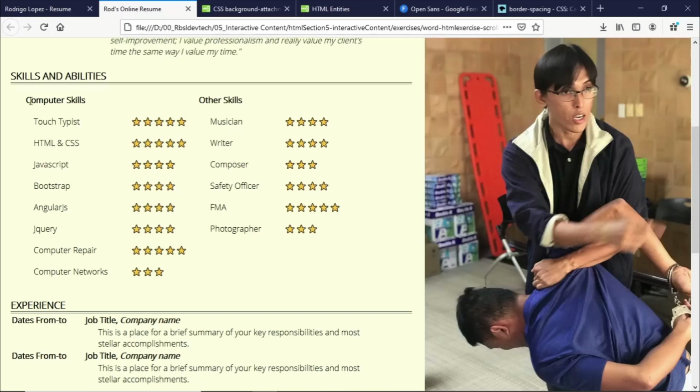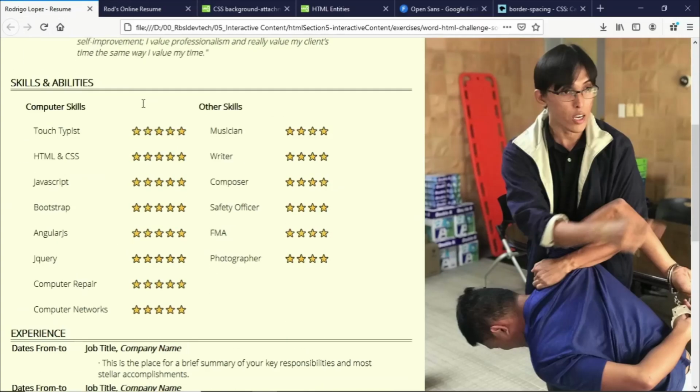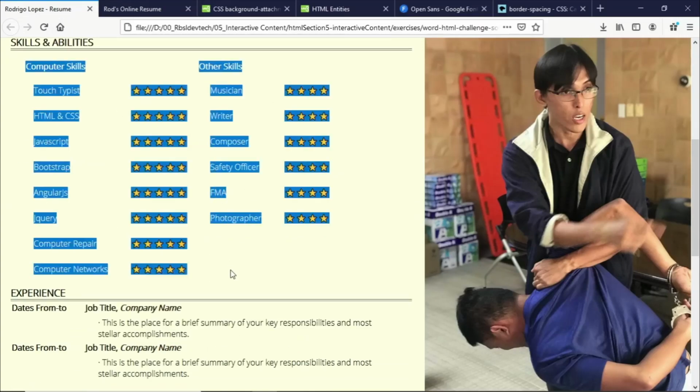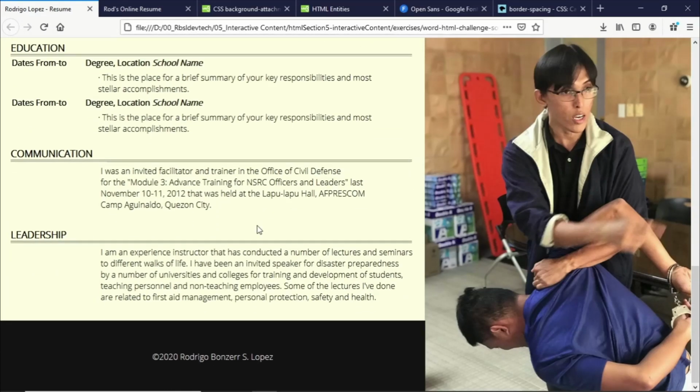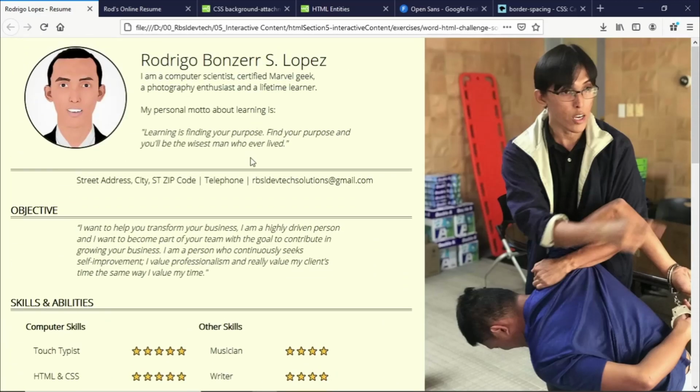Here we use cell spacing. Here we were able to use border-spacing. And I hope you understood how to use the different properties that we've talked about in this lesson. So now we can go and connect this project to our main project. So I hope you learned a lot in this session, and